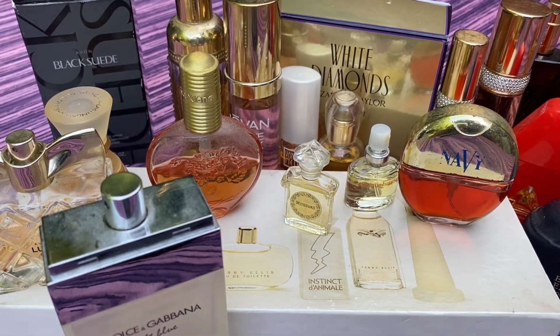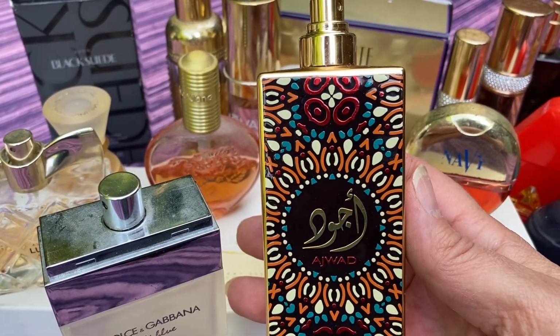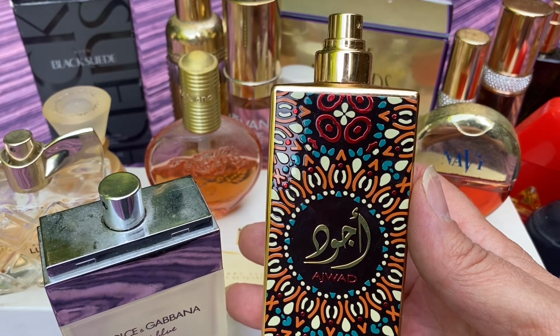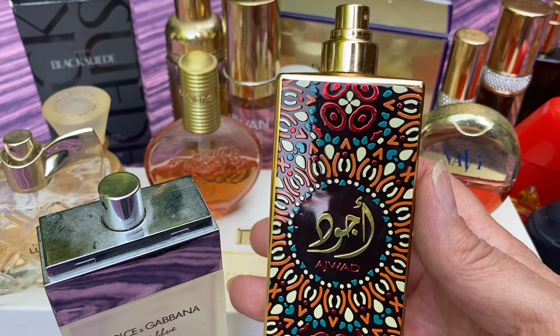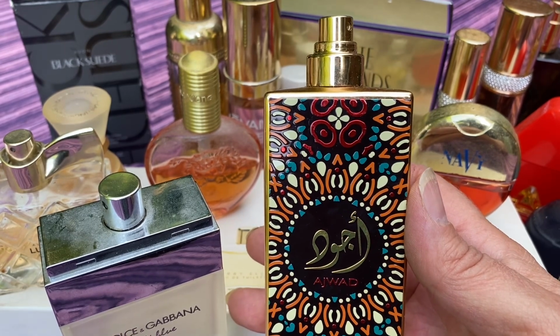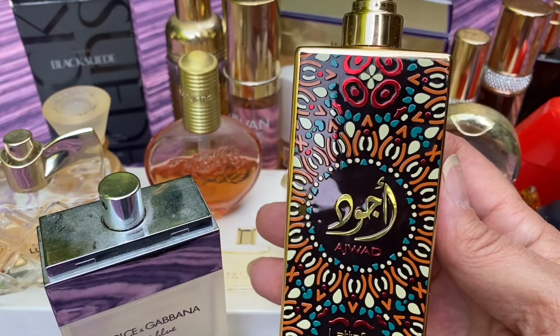There's also pretty much a full bottle of this Lattafa Ajwad, and I can already tell you I sprayed this and I do not like it. It smells like urine to me. It smells a lot like Oil Perfumery's Sorcery. I'm not sure what this is kind of duping or what people compare this to, but there is just a